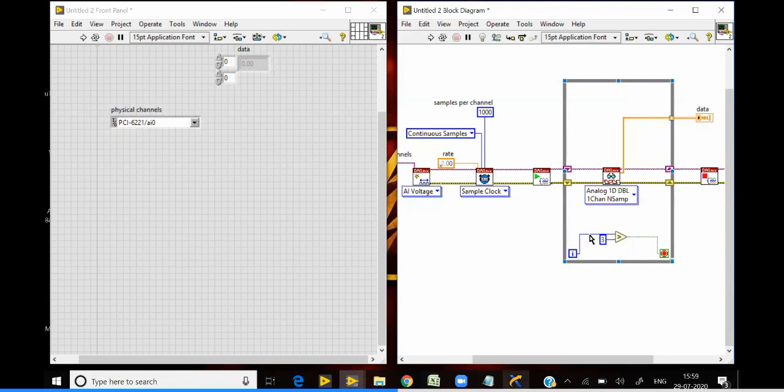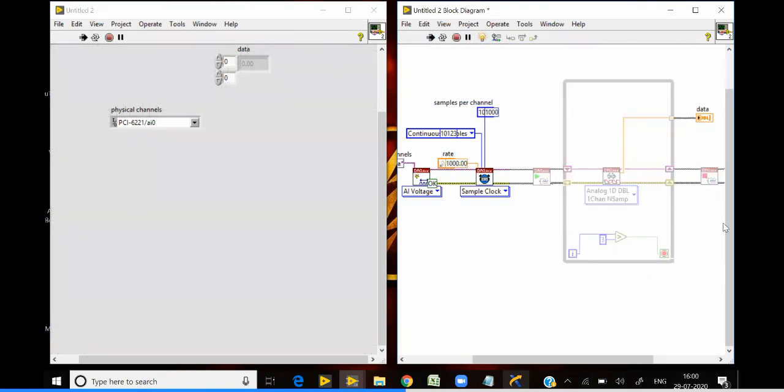That is 0, 1, 2, 3. So is it 4? Let us check whether it is 4 or 3 or 5 or 6. I'll run the program and show you.